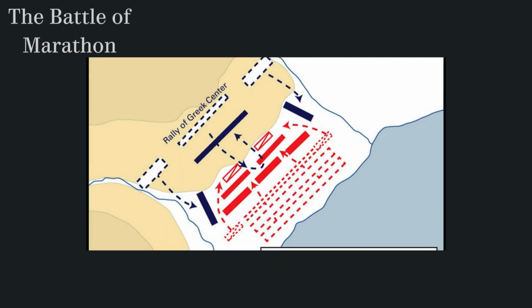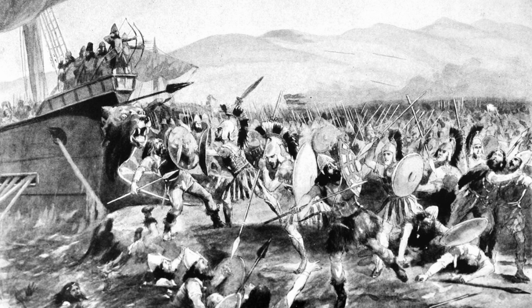Starting off the list at number 10 is the Battle of Marathon. This was a pivotal clash between the Athenian forces and the Persian Empire in 490 BC. It occurred on the plains of Marathon, located about 26 miles northeast of Athens, Greece. The Persian invasion of Greece was a response to Athenian support for the Ionian Greek cities that had revolted against